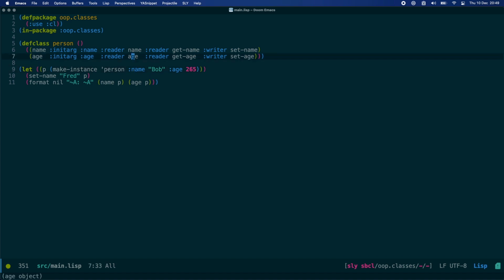So you can have as many readers as you like, and honestly you can have as many writer methods as you like too. Presumably if you're wanting to build some sort of interface that conforms to the principle of the least surprise, you might want to create these reader and writer methods. I'll say methods, these functions that operate on objects, so people won't be surprised with how they should interact with your object. But really, if what you want to do is create a means to both read and write to an object under a very simple interface,